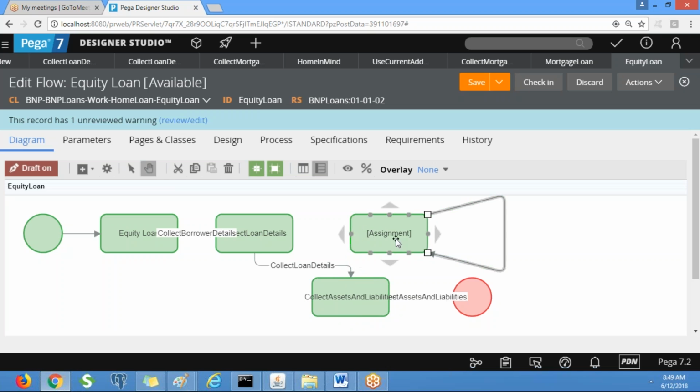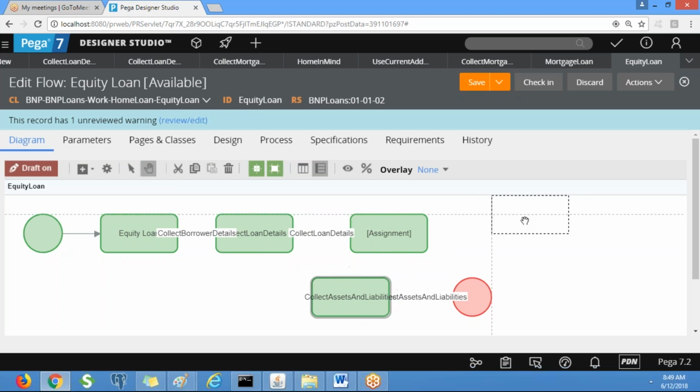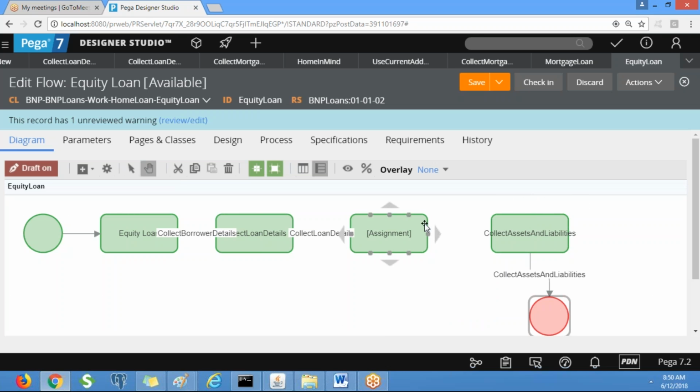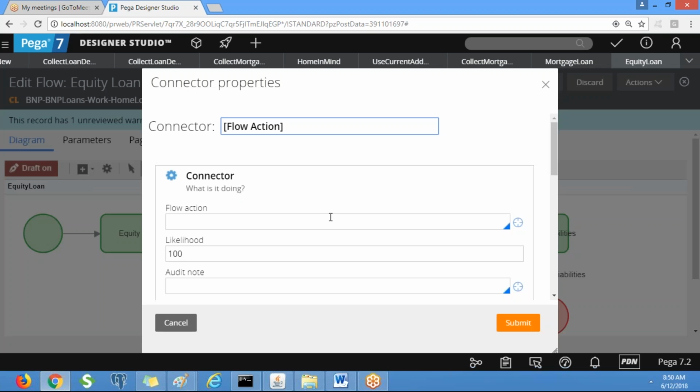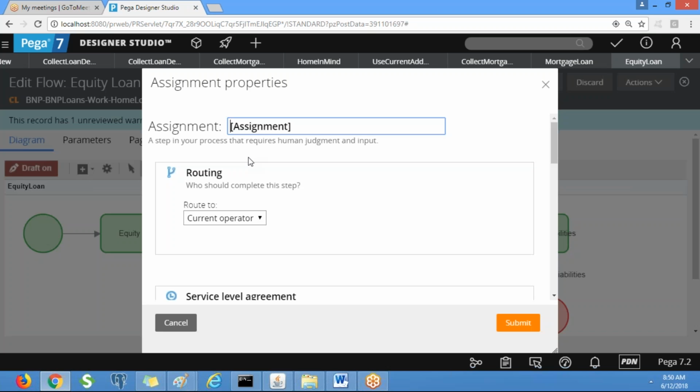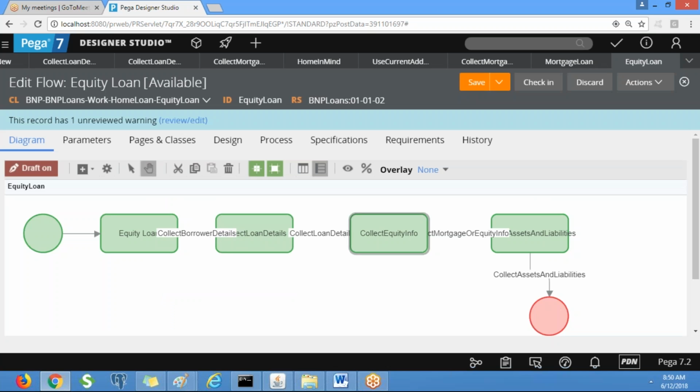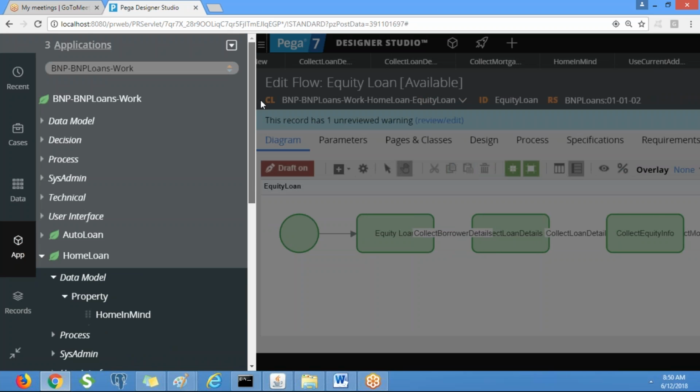So take this connector and here you need to invoke the flow action. It is equity, right? Collect equity info, you can put like this. Clear? Okay.